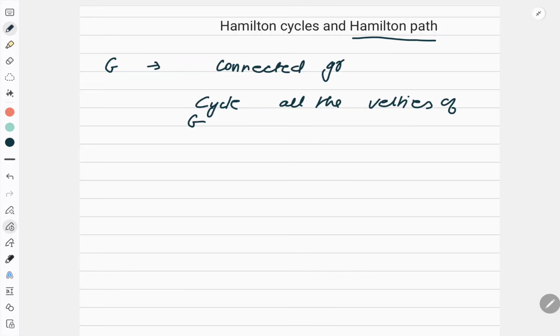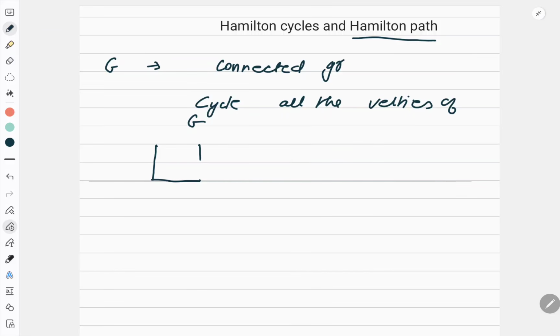Now, what is the important thing I should remember here? We know that in a cycle, if there are n vertices, then it has n edges. We have proved this in the previous video, because when I talk about a cycle, if an edge is entering, it has to come out. So every vertex is followed by an edge. So if there are n vertices, then there will be n edges. Now I will give an example.